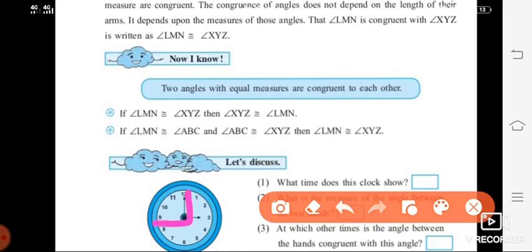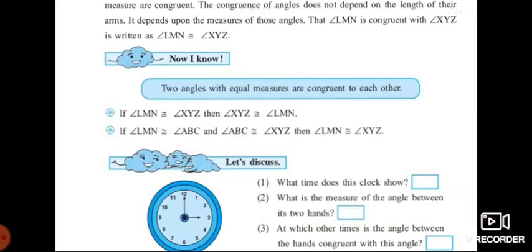That is, yes, that is 9 o'clock. Some other timings are also there. You can write that timing also in that particular box. So now whatever answers we have discussed, you are going to write in these 3 boxes. Now let us move on to the next thing, that is the practice set of this point.